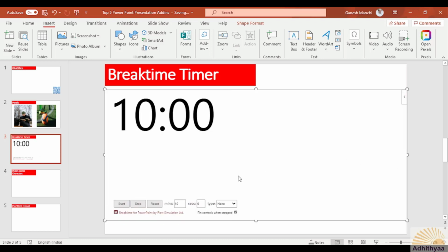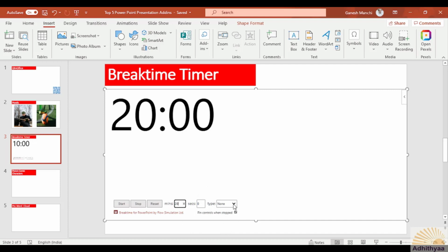Okay, 10 minutes break. If you are already tired of 15 to 20 slides, and if you want to give a break for lunch, you can choose that. You can start here, you can stop here, you can reset. I would like to reset to 20 minutes because for lunch time, less than 20 minutes may not be sufficient. So I want to give 20 minutes lunch time.